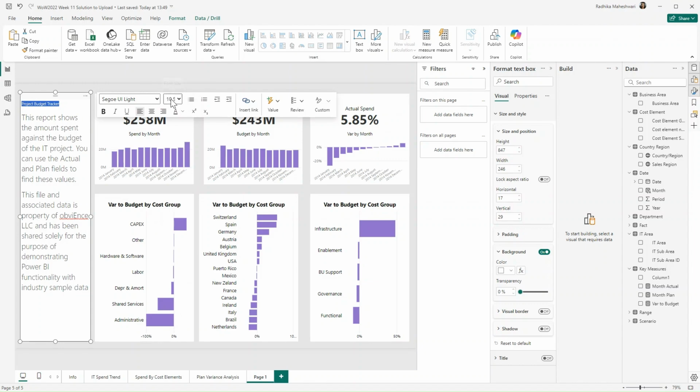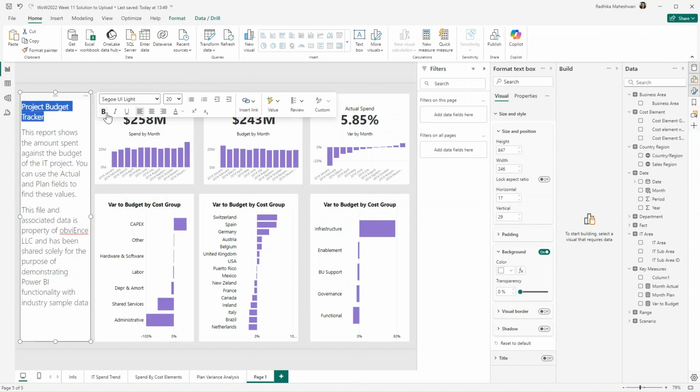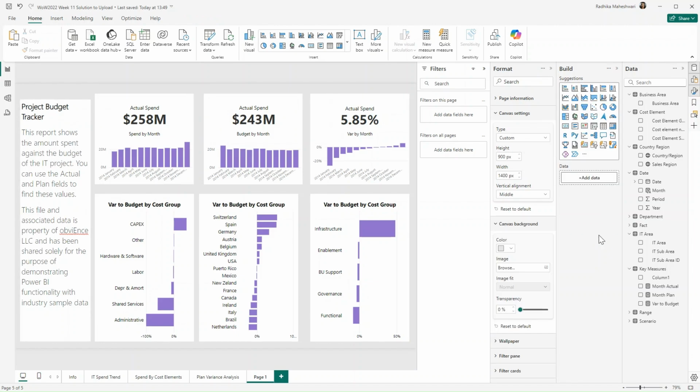And for this one, I'll change it to 20 again, but as bold. And as a darker font. And this is how the final visual looks like.